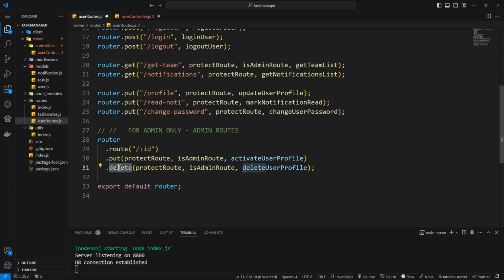So here, it's for only the admin. The admin can activate the user or deactivate the user, and can also delete the user, right? So this is for only the admin route. And because we're having the same endpoint, that is why we are saying this. So it will be determined whether when it comes and the route is a put route, then this handler will be run. And if it comes and it's a delete request, then this. Okay, great. So we'll copy this and go